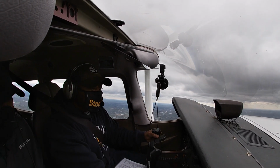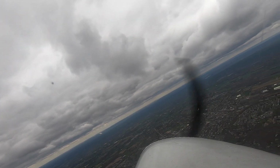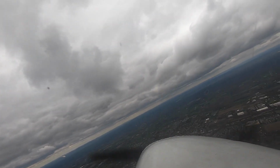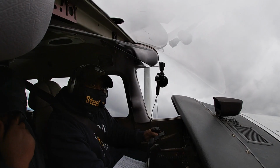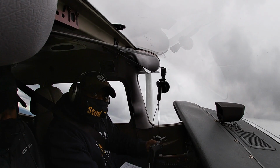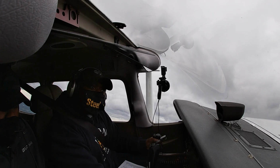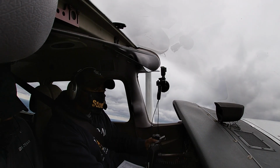Okay. This stupid power on stall. I tell you, out of all the maneuvers, I'd rather have my eyebrows plucked out one at a time with tweezers over multiple days than do these stupid power on stalls. I don't know what it is about these things. I hate power on stalls. But I better get my act together and get my mind right